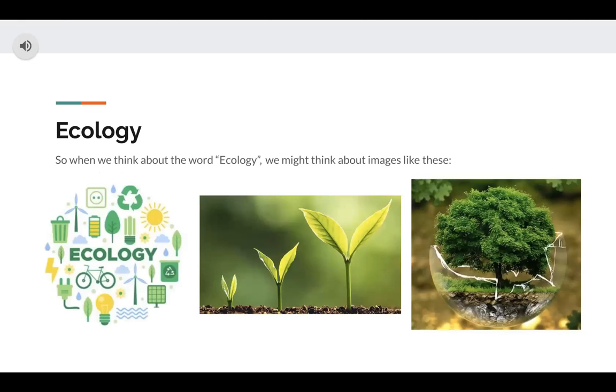So when we think of the word ecology, some images like these might pop into our heads. We may think about plants, the environment, animals, and all sorts of different organisms that live outside. Some may think about energy and our use of resources that we get from the environment, like our use of wind harnessed by windmills. We may also think of words that have the same roots, like ecosystem, and this is actually not too far off. These images that I have on here may seem a bit silly and pretty simple, but they will make a lot more sense once we discuss the different definitions of the word ecology.